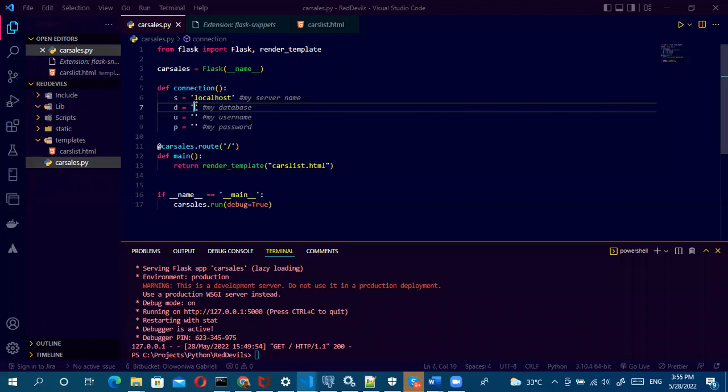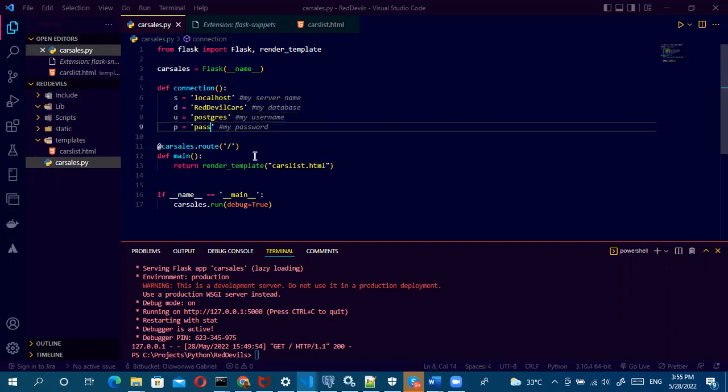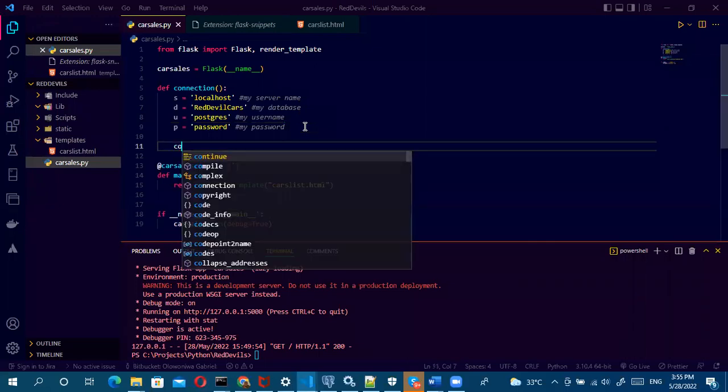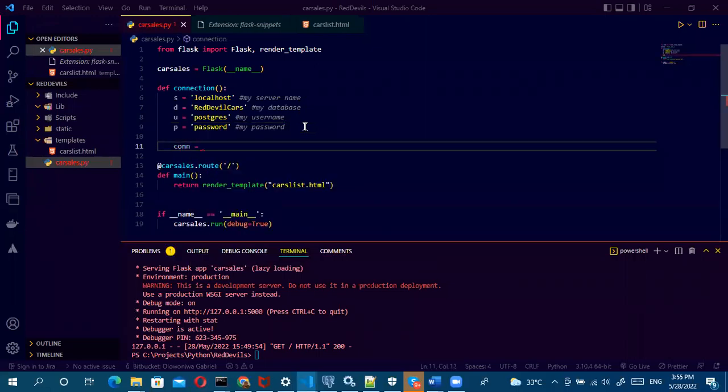My database, what was the name? We called it the Red Devil. Yeah, the Red Devil cars. I've copied it before. My username, that's Postgres. I think I'm correct. Yeah, Postgres. My password. So now that I have these 4 things, I can now proceed to do connection equals to,